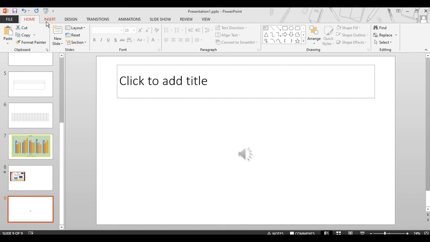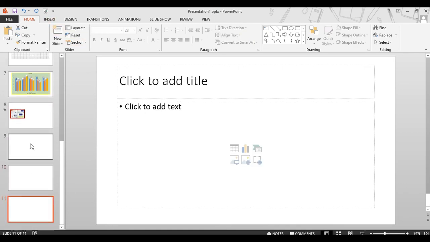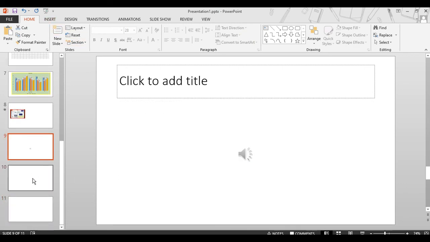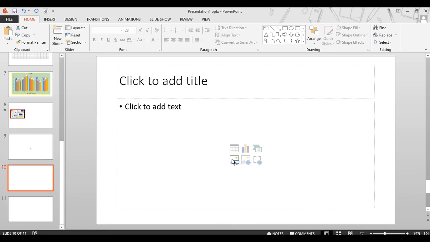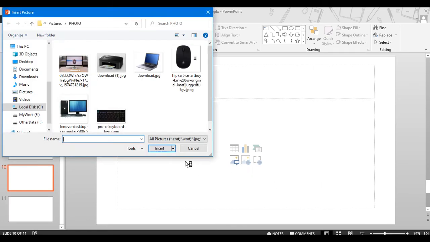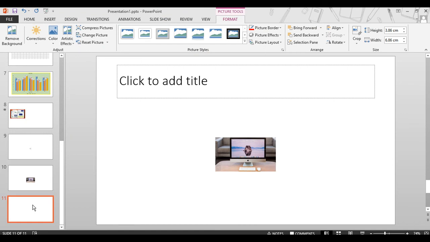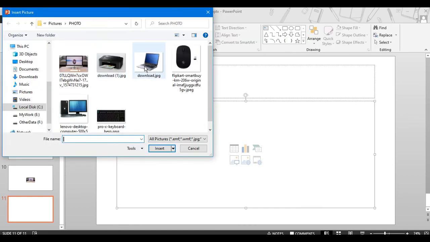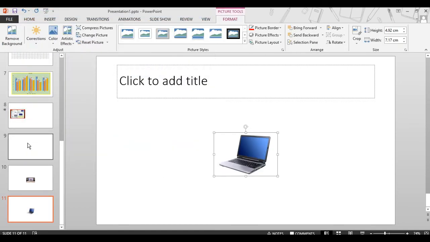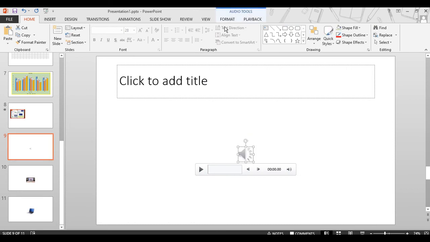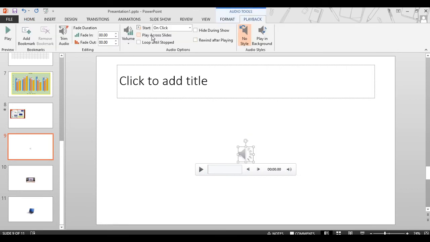For example, we insert 3 more slides. Okay, so here we have other styles. We insert a picture like this one. On this slide, we insert a new picture like this one. Okay, so here we have a sound. Click on playback option and select play across slides. Okay, now